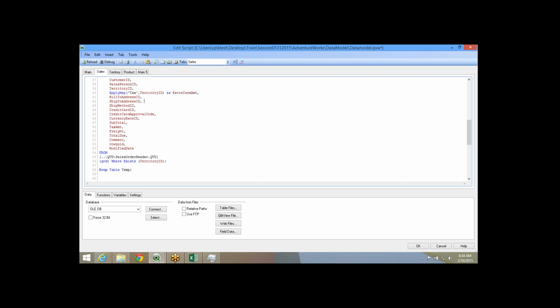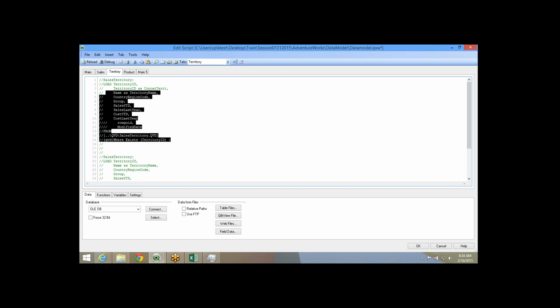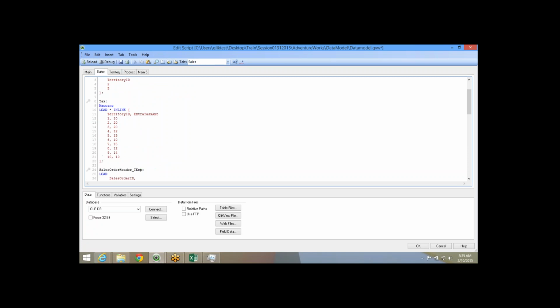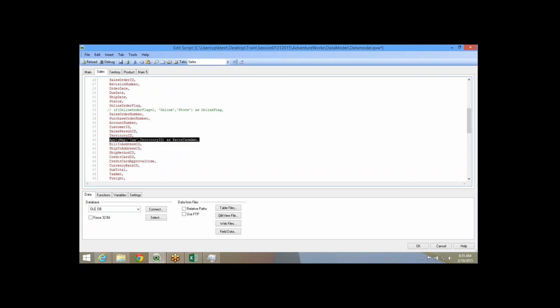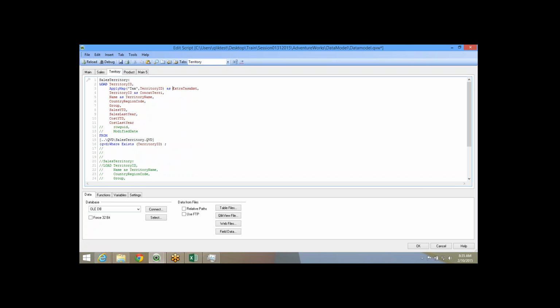I can upload one mapping load in the beginning. Over here I have uploaded. In my territory table, I can actually update this, apply map again. Uncomment it. So over here I have this territory ID. What I'm going to do is add this apply map wherever this field is there, right? So I can use that apply map function and bring this. So I'll say